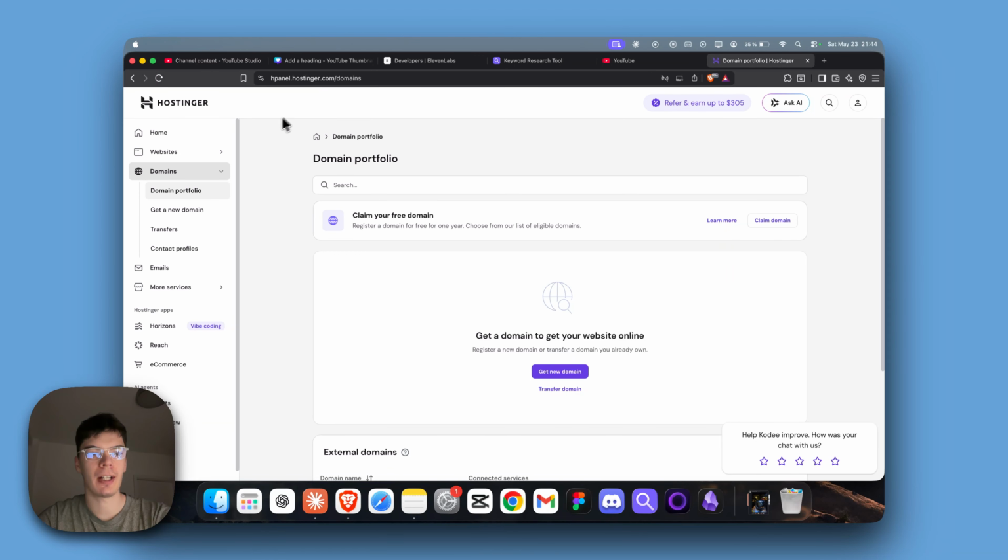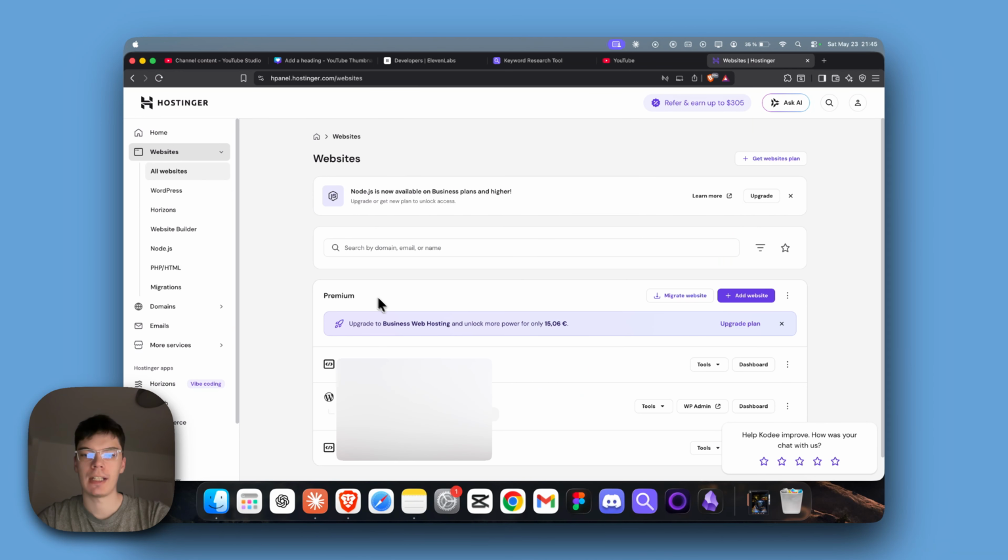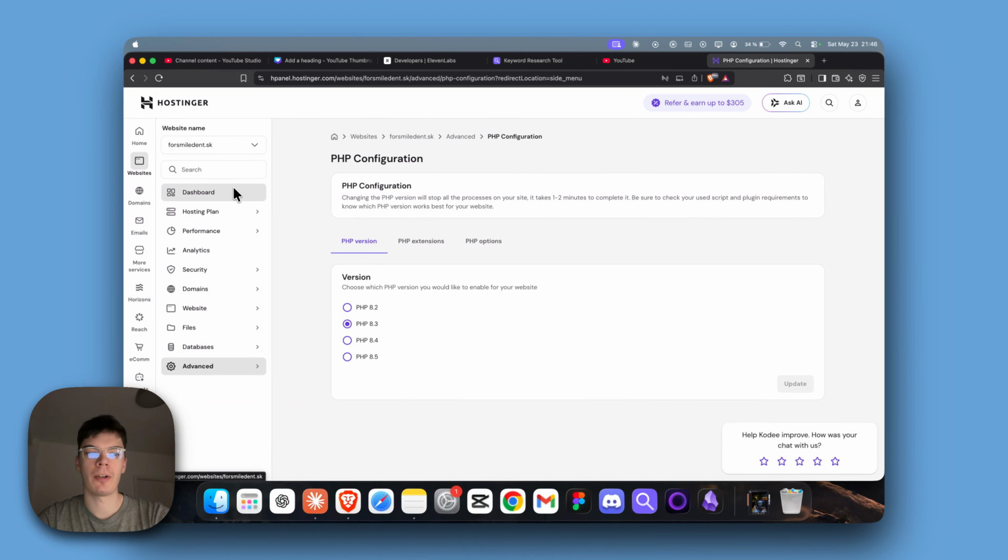hpanel.hostinger.com and on the left go to websites, click on websites. Now open the dashboard of the website where you want to change the PHP. And once you are in your dashboard, go to Advanced and here select PHP configuration and you will be on